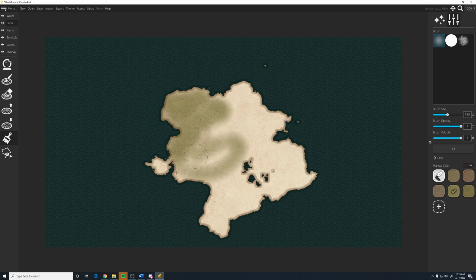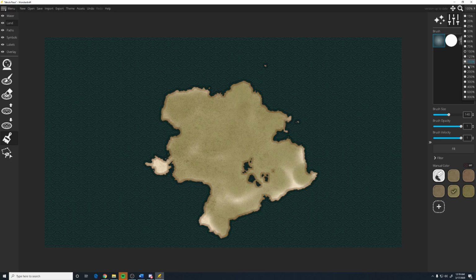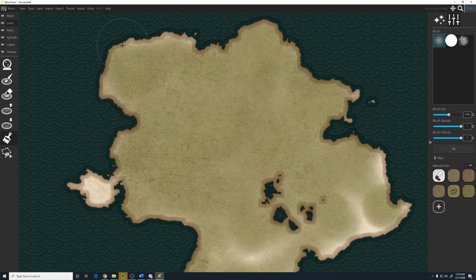I'm going to go ahead and just paint a nice little grass. And then when I go to export the map, so I got my grass and it looks pretty cool. And when I zoom in to 200%, you know, I'm okay with this. And so when I go to export the map, I'm going to,